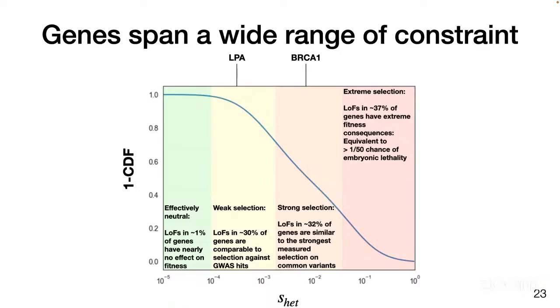BRCA1 is in this strong selection bin. So this is a major driver of breast cancer. It's fairly common in the population for causing such a serious disease. And so there's potentially something interesting going on there. And then one of the strongest candidates is FBN1, which is essential to growth. Weak missense variants in FBN1 cause Marfan syndrome, which is a very serious developmental disease. And so you can imagine knocking this out would be very, very bad if weakly perturbing it